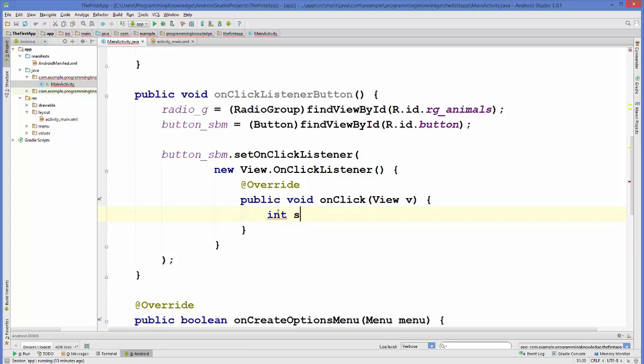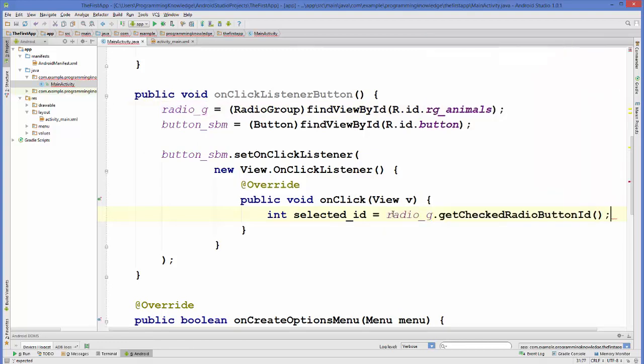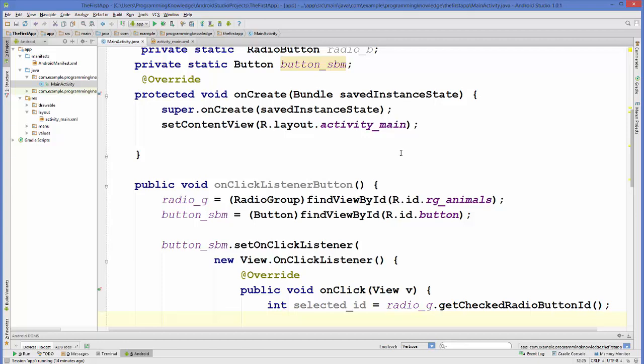So we will name it selected ID is equal to, and then we are going to take our radio group variable, and then we will get the ID. So get check radio button ID, and then this selected ID we will pass to our radio B,